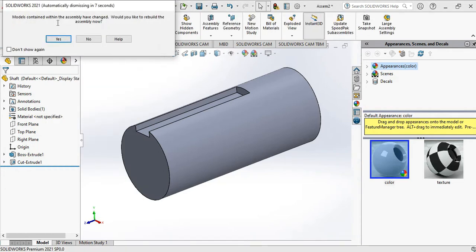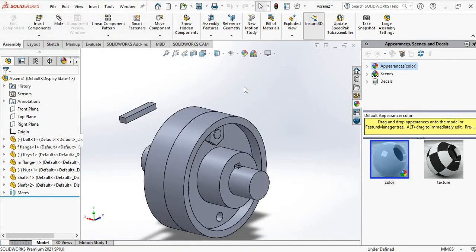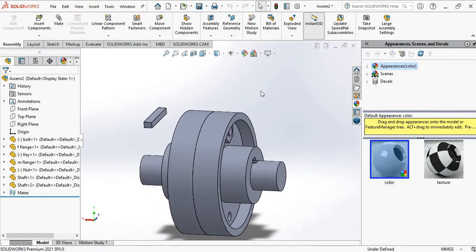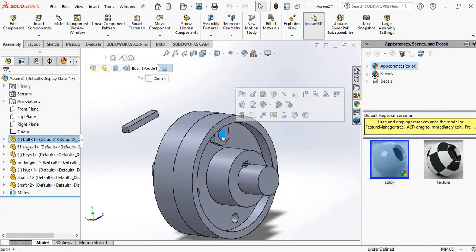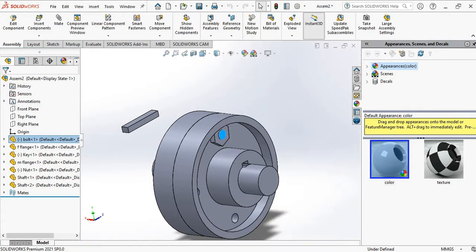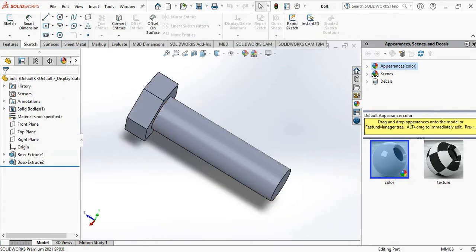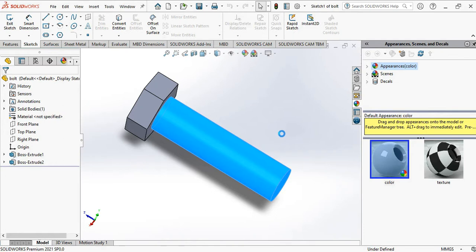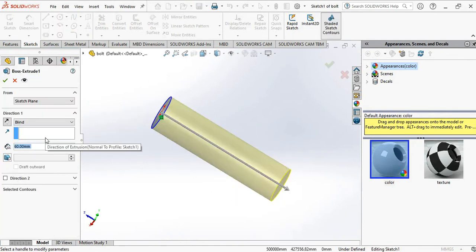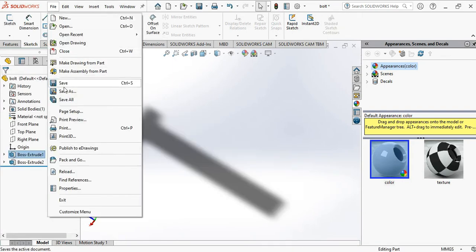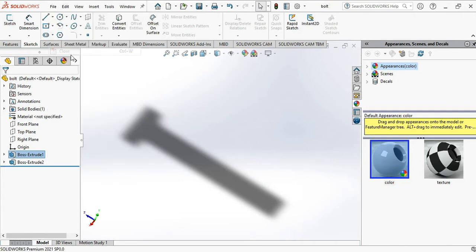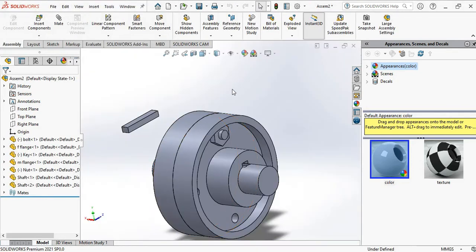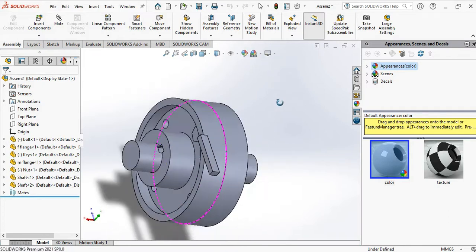Changes also we need in the assembly. And also let's change the dimension of the bolt, which is not mentioned in our program. So for our convenience, we are going to change this dimension. The extrusion as 65 mm. Okay, right. Let's close it. Yes. Now it's clearly visible.